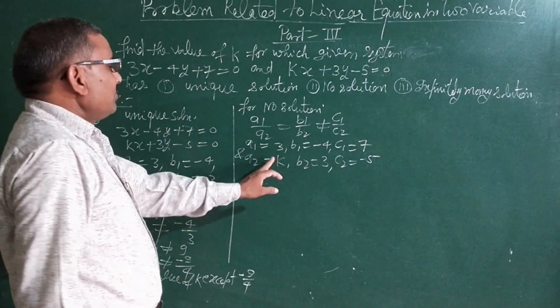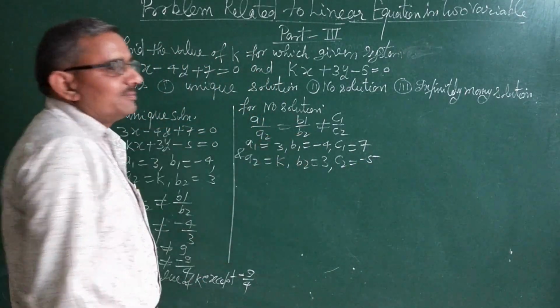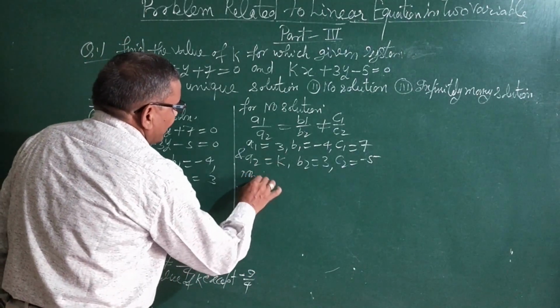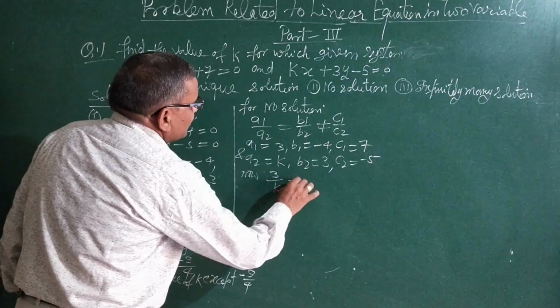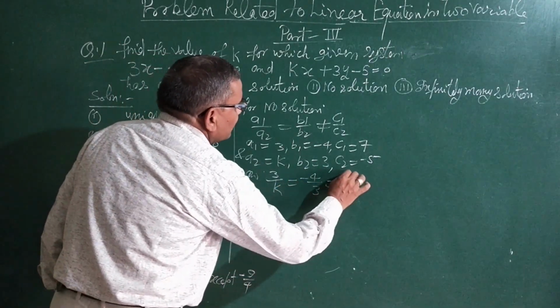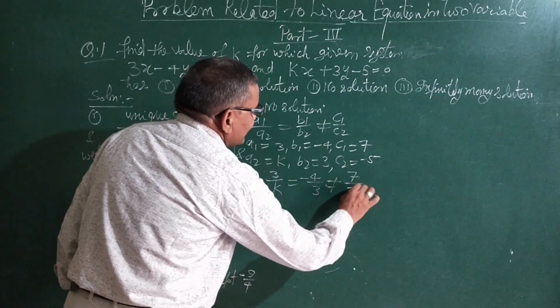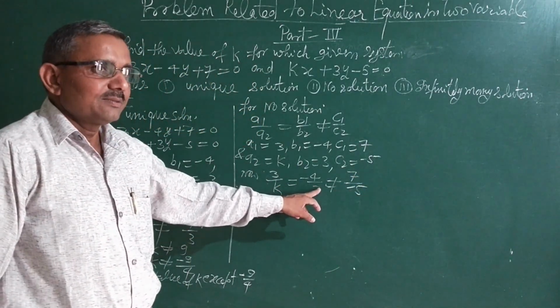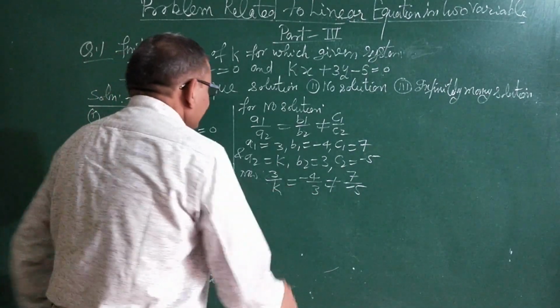Now putting the values in this condition, 3 upon k is equal to minus 4 upon 3 is not equal to 7 upon minus 5. So comparing first and second,